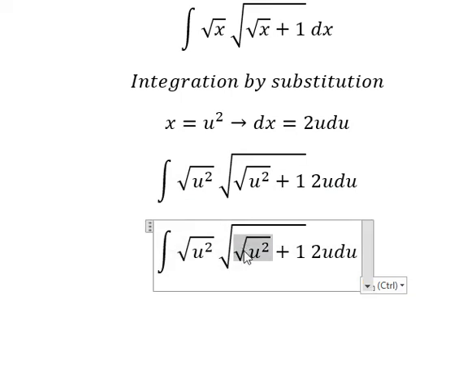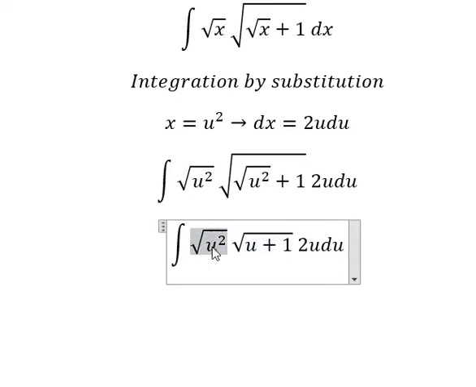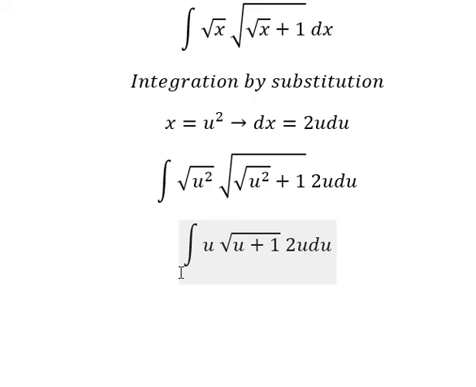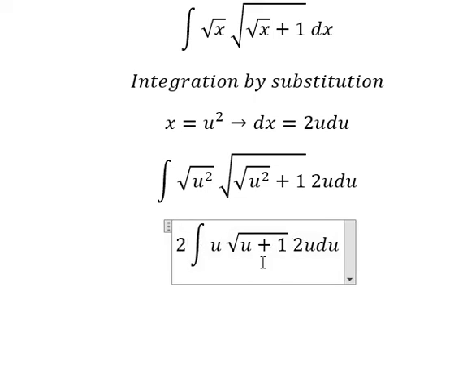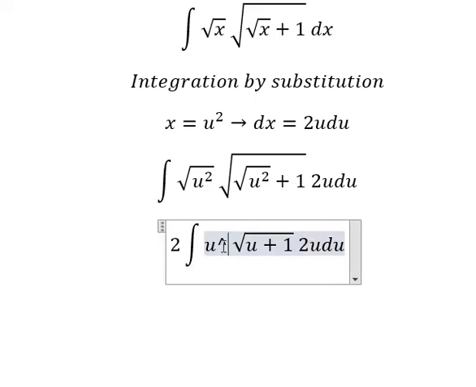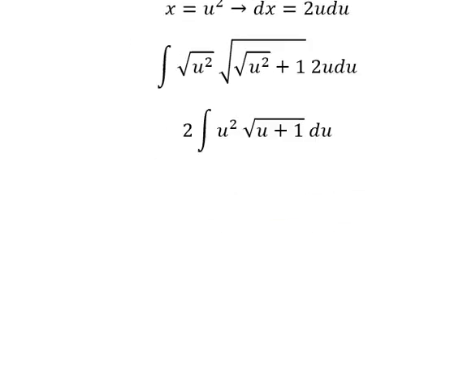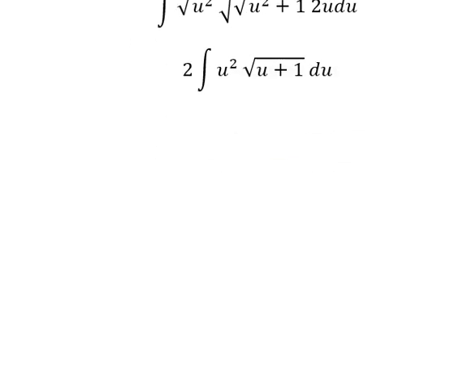This one you get u and u. Number 2 I will put in here. U and u, you get u squared. Now we use integration